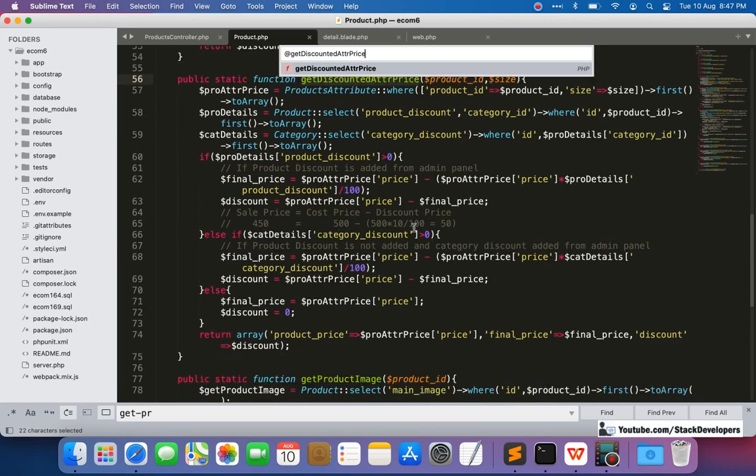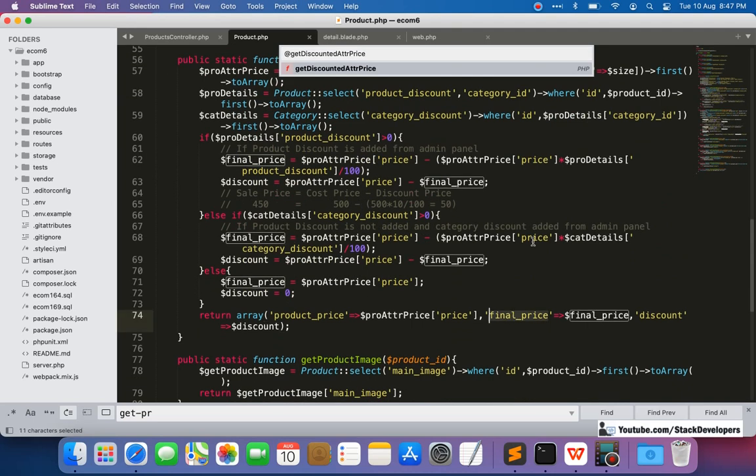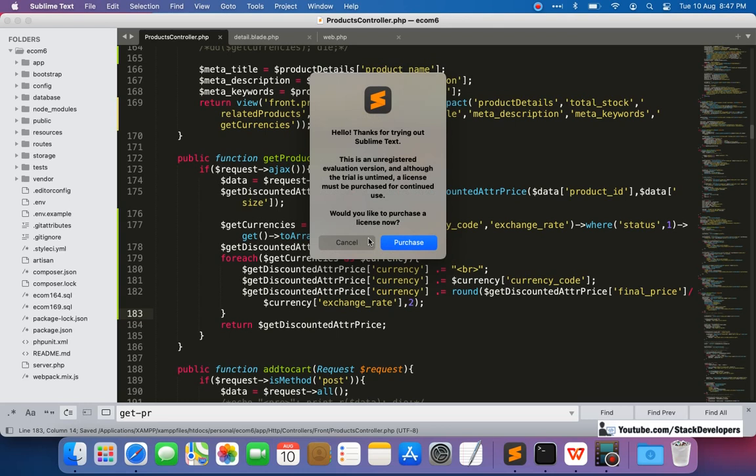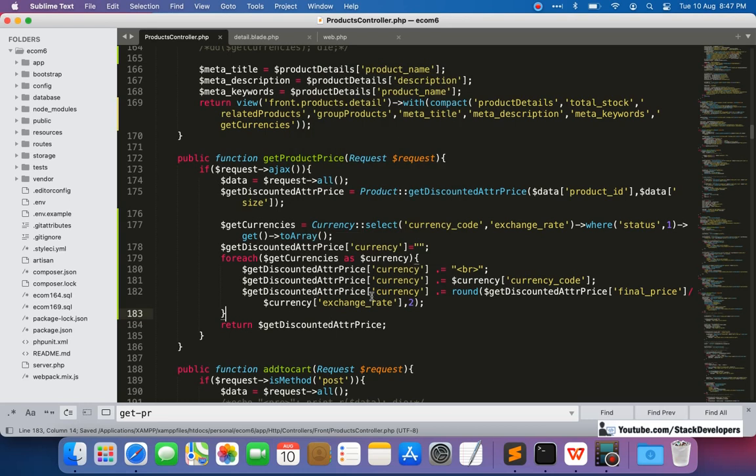Here we are getting the final price, so the final price is fine for us. Okay, so we will mention the final price here. Now it seems to be fine. Now let's see. We are passing the currency element along with this one, so that we can update it in our